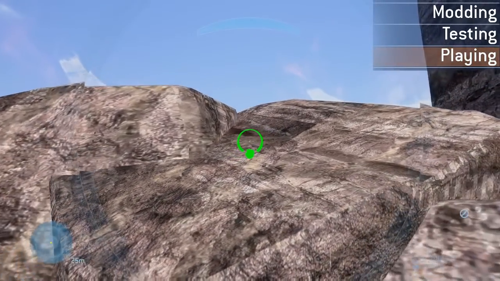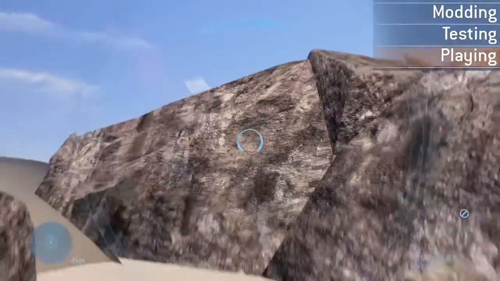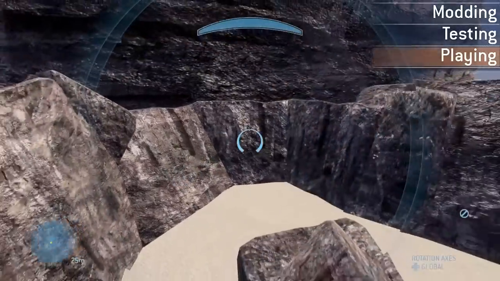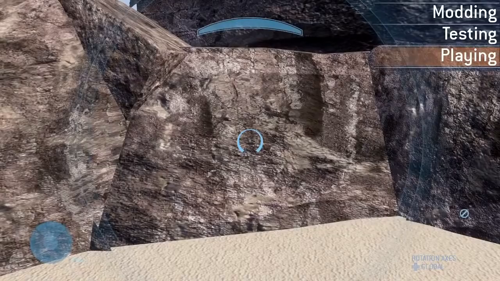Kind of rotate it a bit. What's that look like? It's not great. It kind of adds some depth to the mountains, but